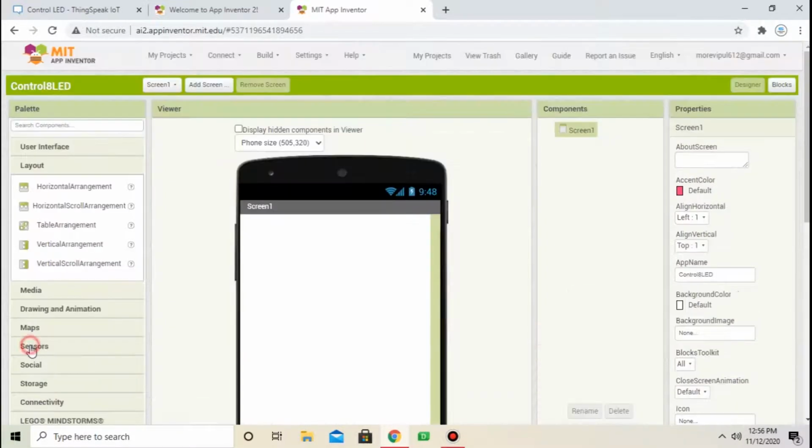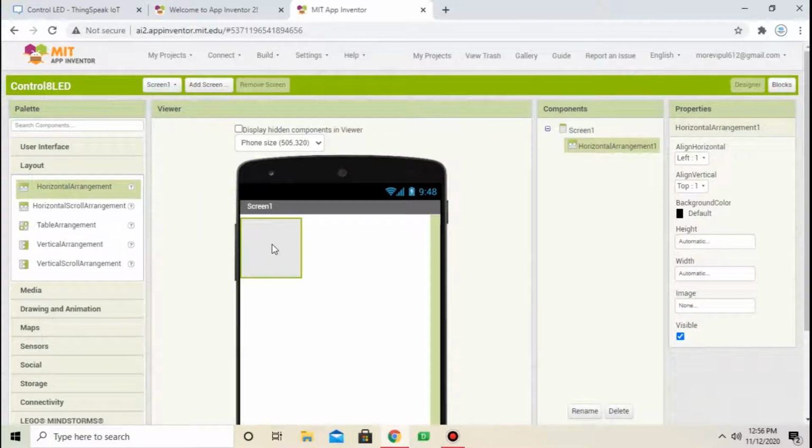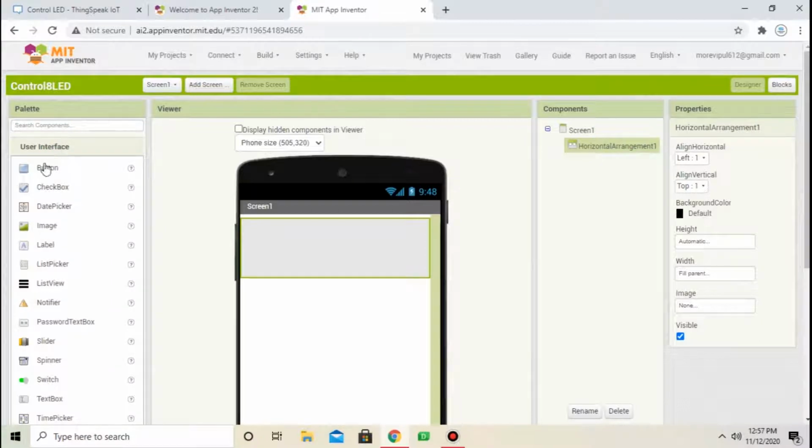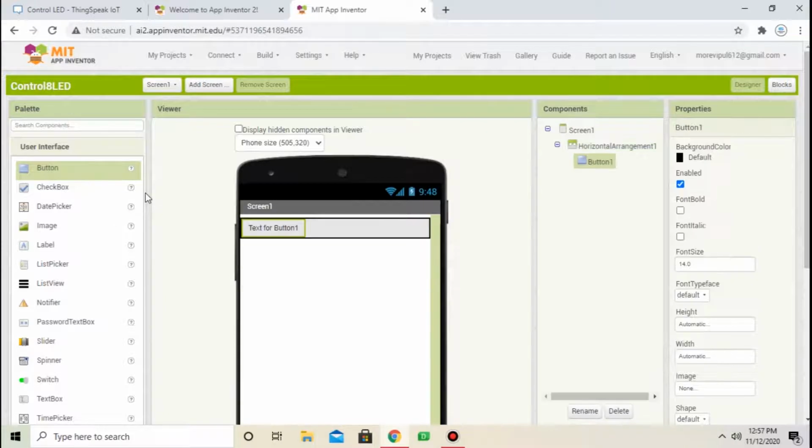From layout, select horizontal arrangement. Change setting. Change width to fill parent. From user interface, select button 1 and button 2.